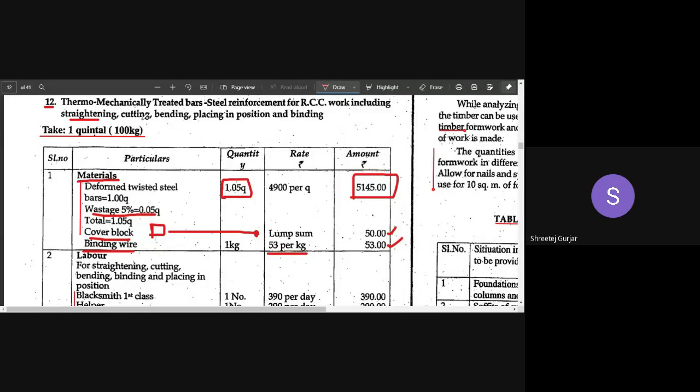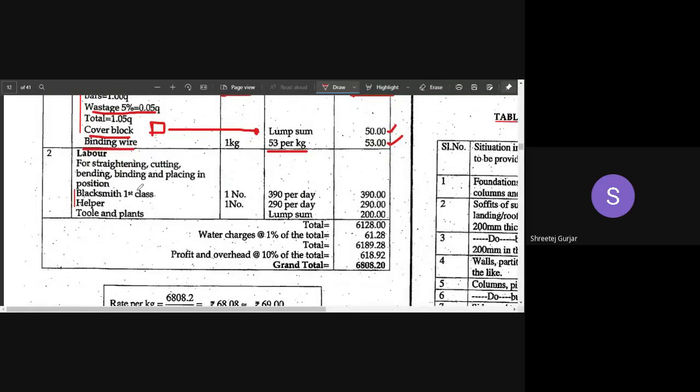Regarding labor, what you have to do is straightening of the steel reinforcement. You have seen inside, it is usually in U form. Long steel wires are bent at center and they are brought to the side. So straightening of these bars is required. Cutting as per their length, cutting and bending as per the schedule, placing them in position, and then binding it with binding wires. All these things are required.